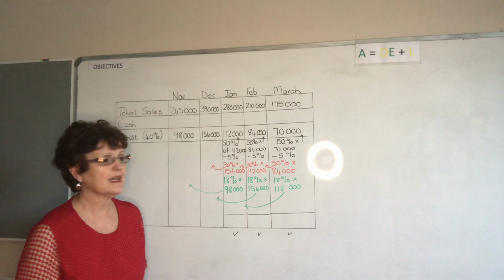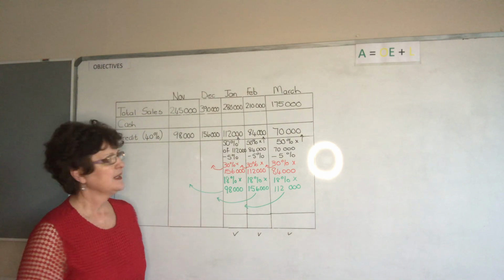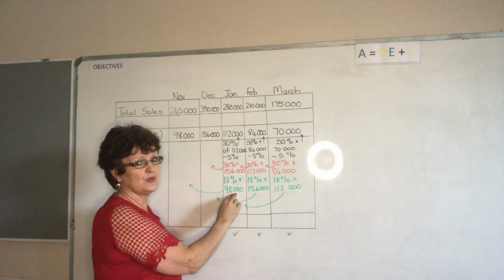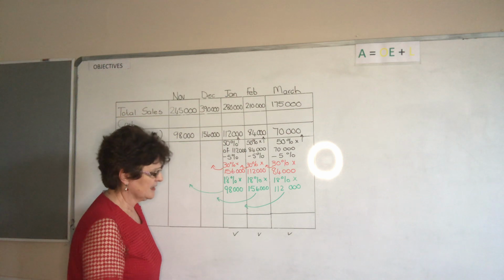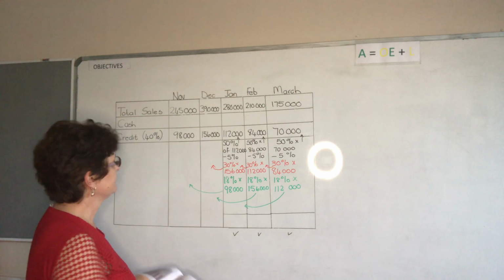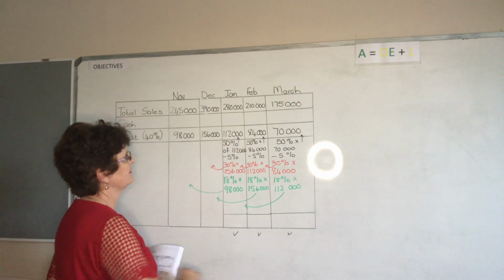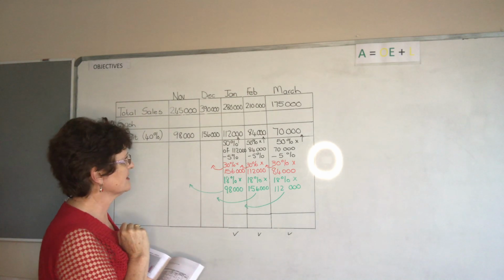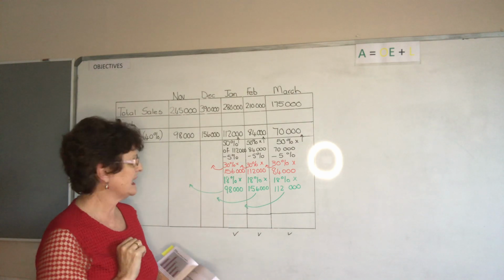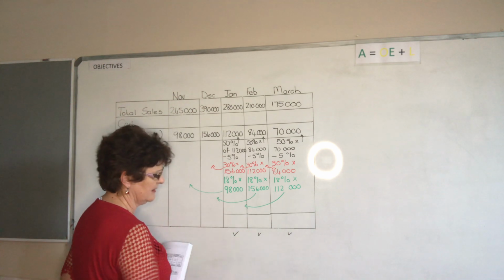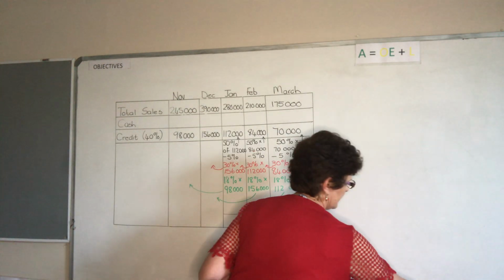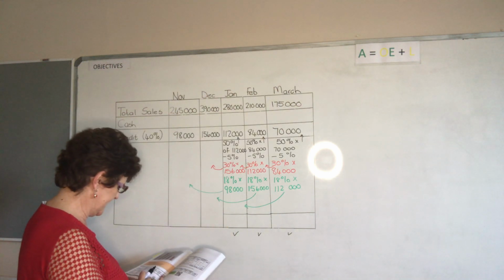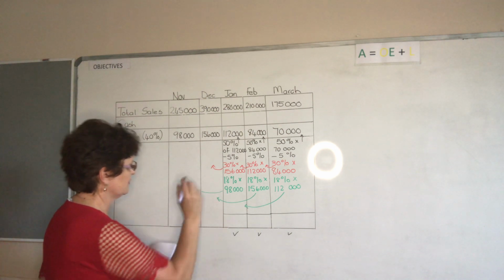Now we have to just work out what are the actual amounts. So what are the amounts that we expect to receive in January? What we do now is calculate the 50% of the 112,000 minus 5%, the 30% of the 156,000, and the 18% of the 98,000. I'm going to go down here for you to see what I am doing, and this is what we want to see at the end of the day. We want to see the 50% of 112,000, which is the